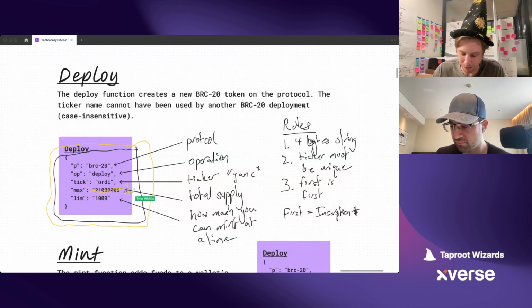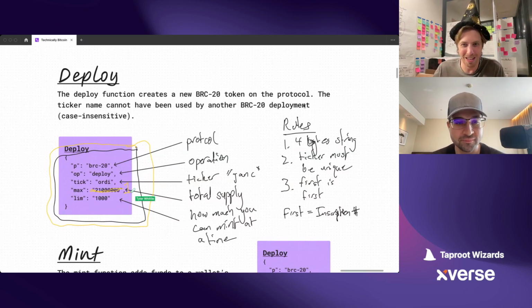I'm going to change it from whatever they had to the number 1. So now there can only be one token associated with whatever the ticker is that this person wanted to create, right? So if you tried to create the YANC coin and you said, hey, I want 21 million of these, set the limit to 1,000.